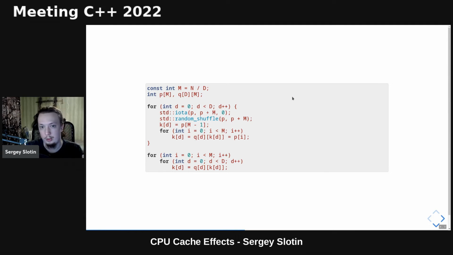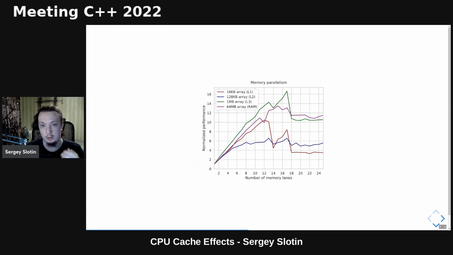We can also measure the available memory parallelism more directly by modifying our pointer chasing benchmark so that we loop around D, a parameter, separate cycles in parallel instead of just one. So we create D separate cycles, all of them random, and loop around in parallel with this small k array variable. In the experiment, we'll fix the sum of the cycle lengths constant at a few select sizes corresponding to different cache levels and try different D values.